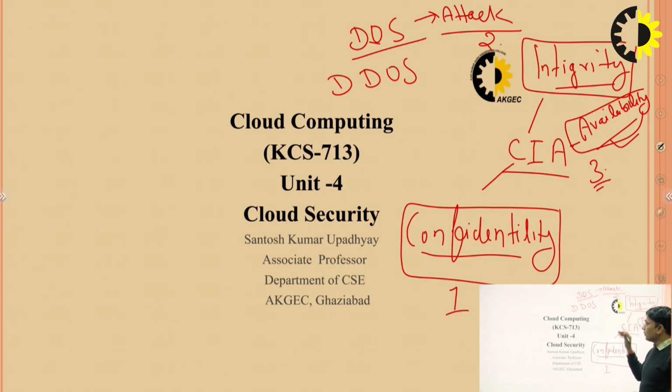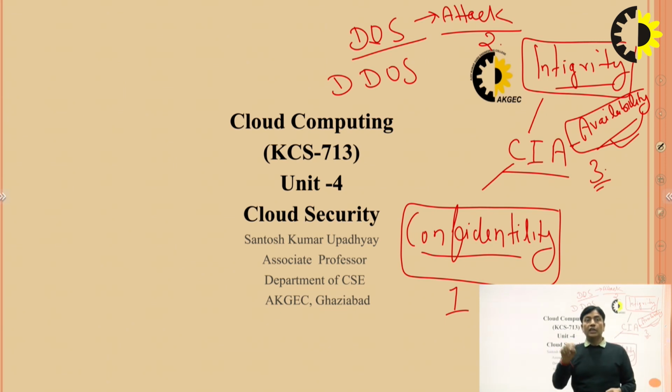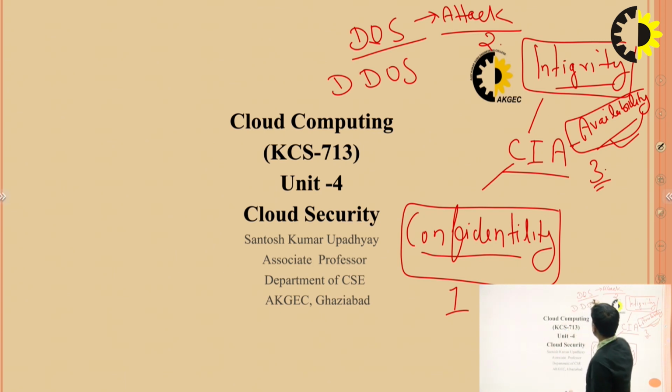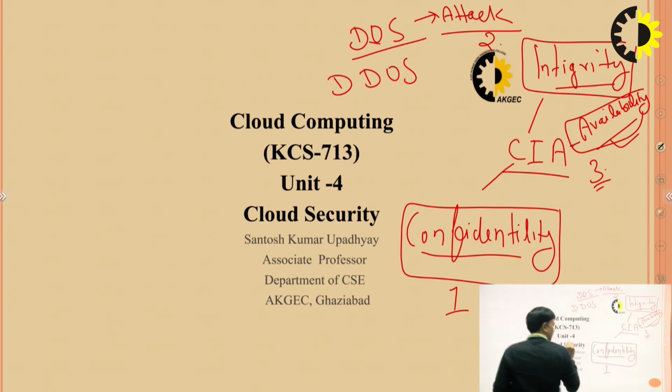Okay, that means when this attack is successfully launched, it makes any server, any storage, any resource unreachable. So that is the target to availability, like the ransomware attack. They lock your resources and ask for some money. When you give the money, they release your system and you can use it. So there are a number of attacks that target the availability of resources. What is DOS? DOS is basically a denial of service attack.